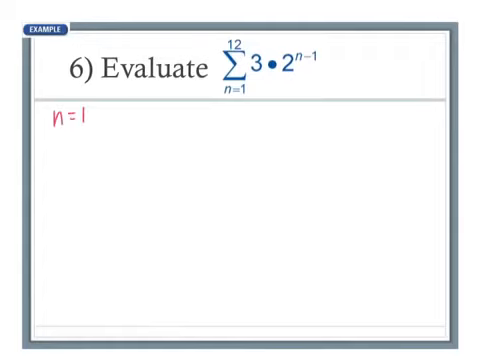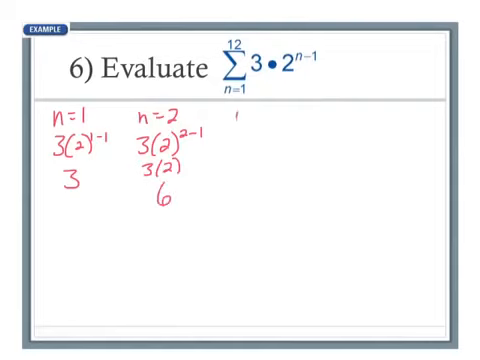So when n is equal to 1, we're going to have 3 times 2 to the 1 minus 1, which is 0, so it's going to be 3. When n is equal to 2, I'm going to have 3 times 2 to the 2 minus 1, which is going to be 3 times 2, which is going to be 6. And then when n is equal to 3, we're going to have 3 times 2 to the 3 minus 1, which is going to be 3 times 2 squared, that's going to be 4 times 3, which is 12. Okay, so here again I see that this is geometric,